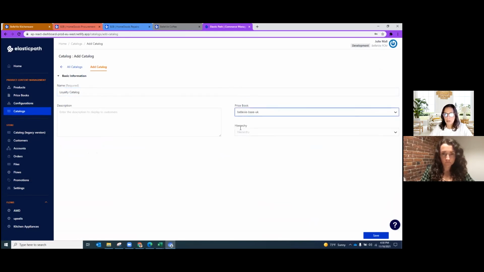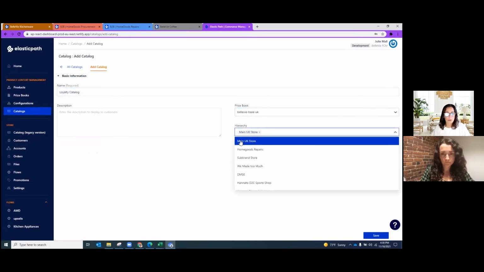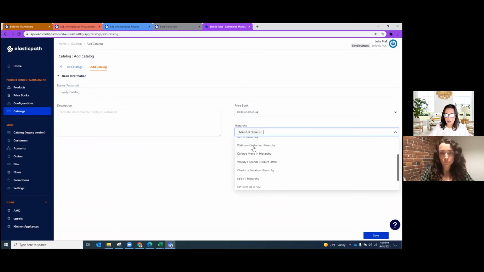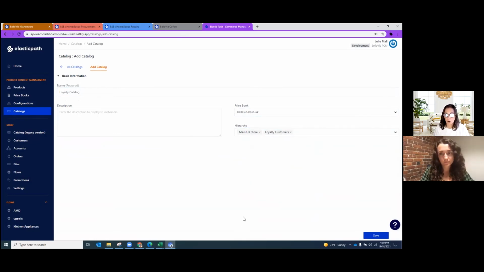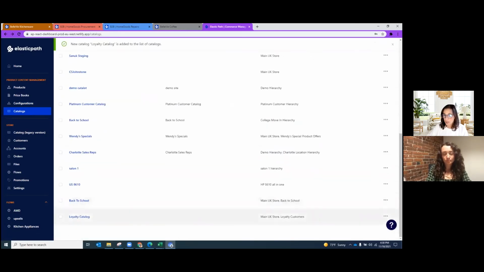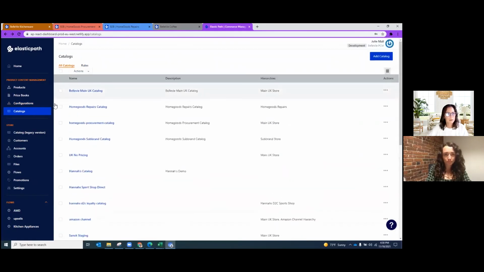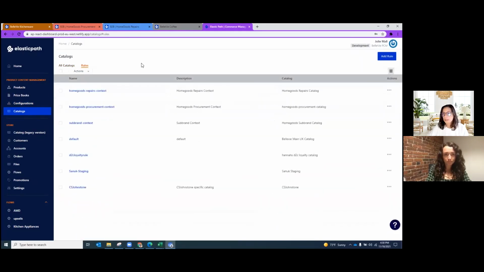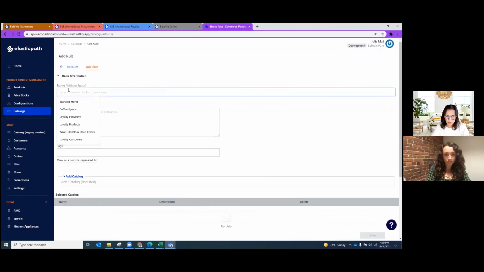We're still going to use our base UK and my main UK store, right? I still want them to have access to the whole catalog and the products that I've just designated for my loyalty customers. So super quick, we just released these loyalty products. I created a hierarchy, saved it, and created a new catalog for my loyalty customers, pulling in all my other products, right? No sense in recreating the wheel, adding my loyalty hierarchy to that, save, and then I can publish that. And then, go in, create a rule, and, right, so this is my